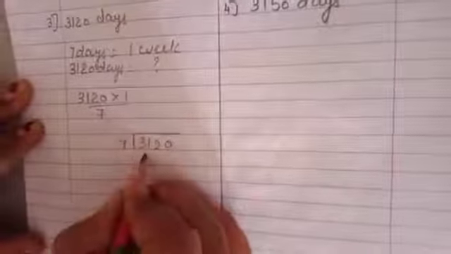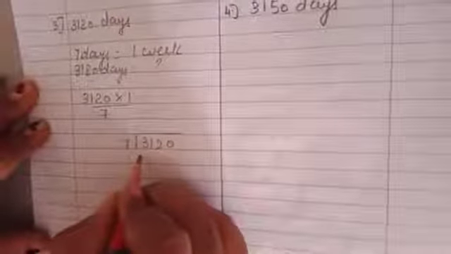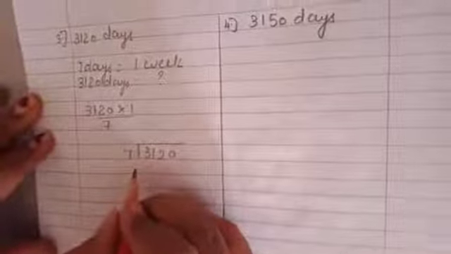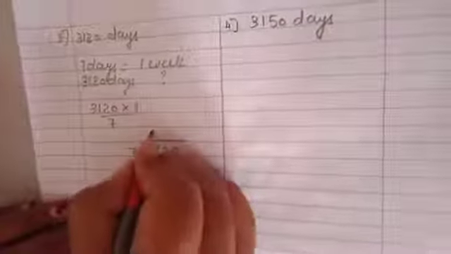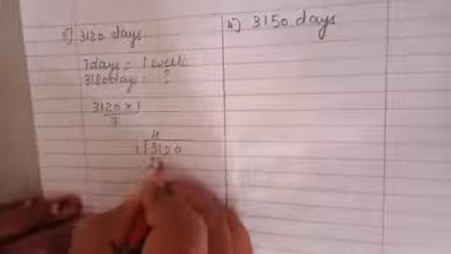So first we will take 2 digits, 31. In the 7 table, when 31 comes, 7 4s are 28, 7 5s are 35, and 35 is greater than 31. So we will take 7 4s are 28. Now 1 minus 8 is not possible, so we have to borrow from 3. So this 3 will become 2 and this 1 will become 11. So 11 minus 8 is 3, and this 2 minus 2 is 0. So now we will carry down this 2 in 32.